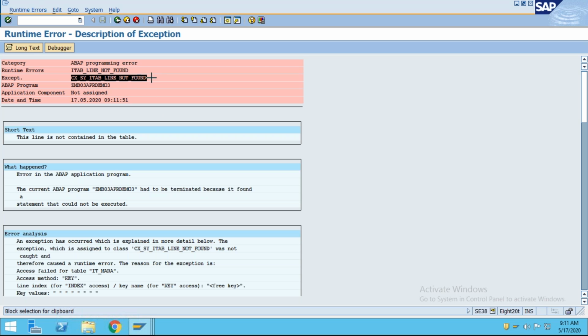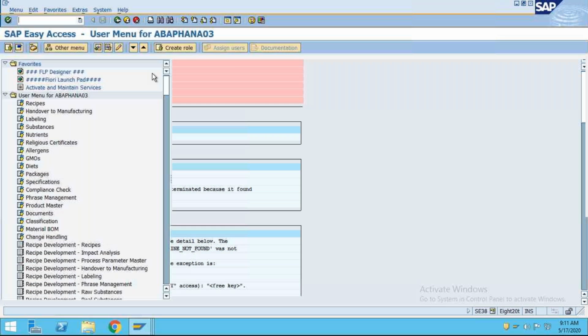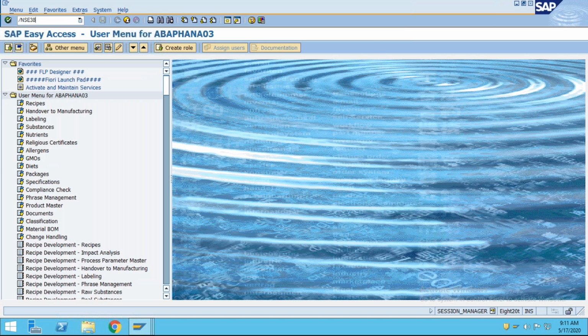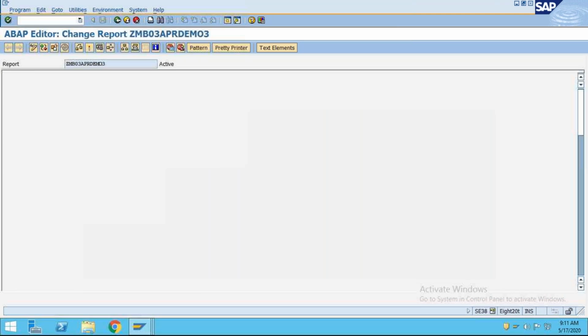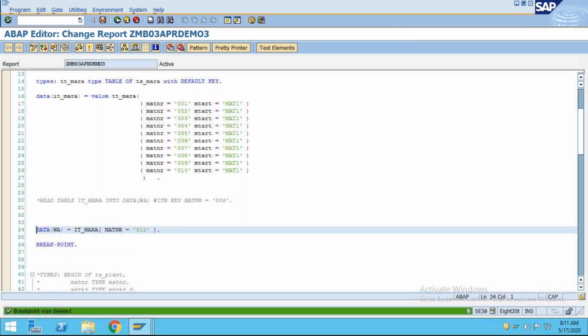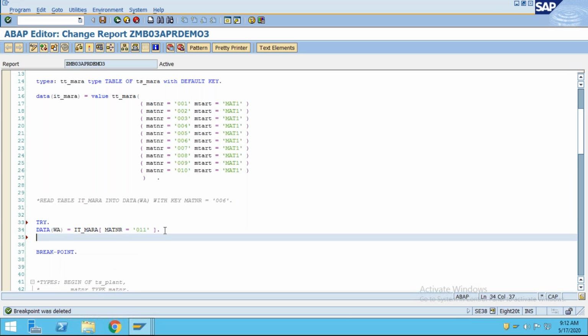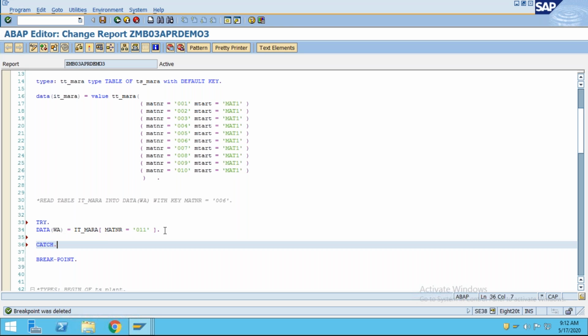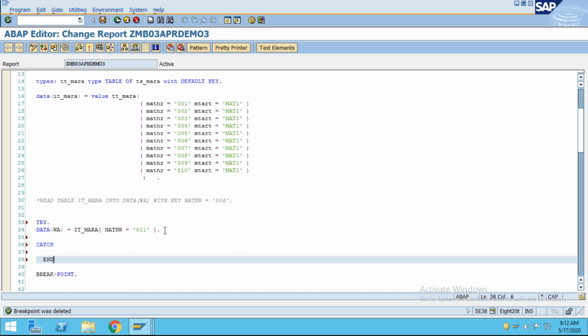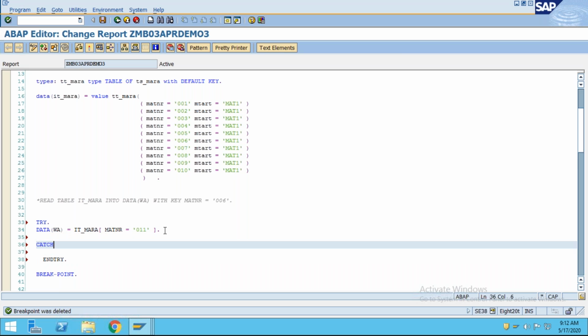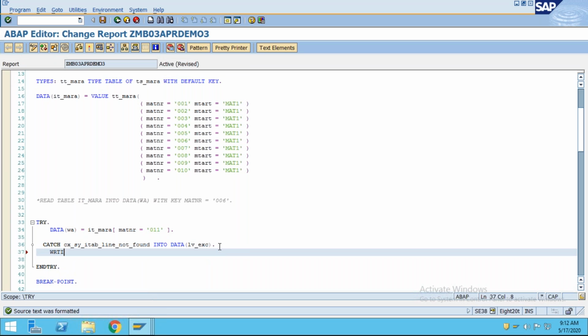So what you can do is catch this exception. This is one way that you can catch this exception. You can put this under the try and catch block, right? Try, catch, and endtry. Catch the exception into data, right? LV_EXC. So the exception will be caught over here, and if you want to display